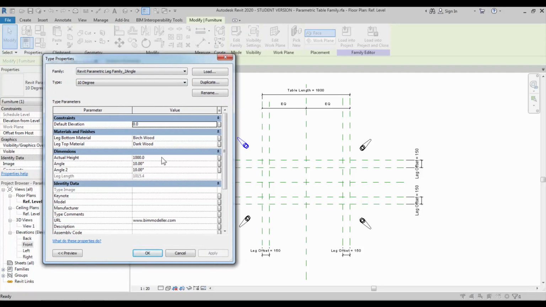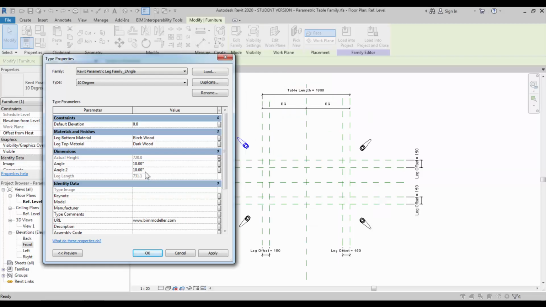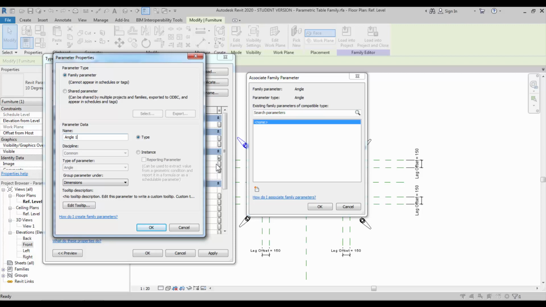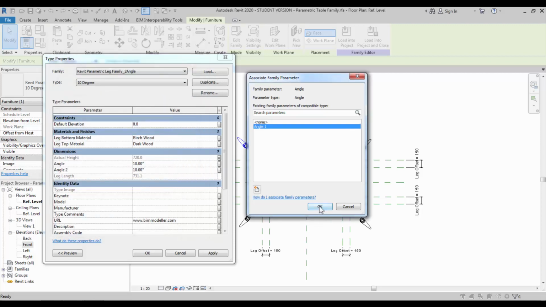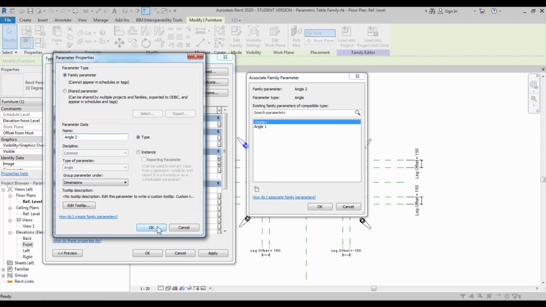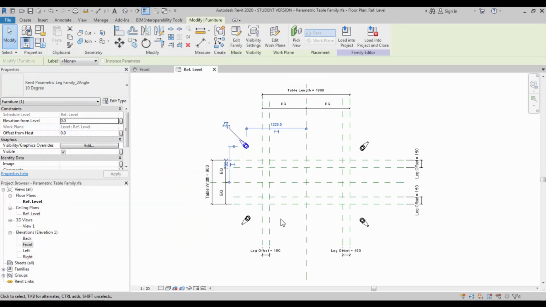So we have the type as actual height, which is here the leg height. Assign the parameter. For angle 1 and angle 2, you can assign a parameter here: angle 1 and angle 2. So every leg is controlled, all the parameters are controlled here.